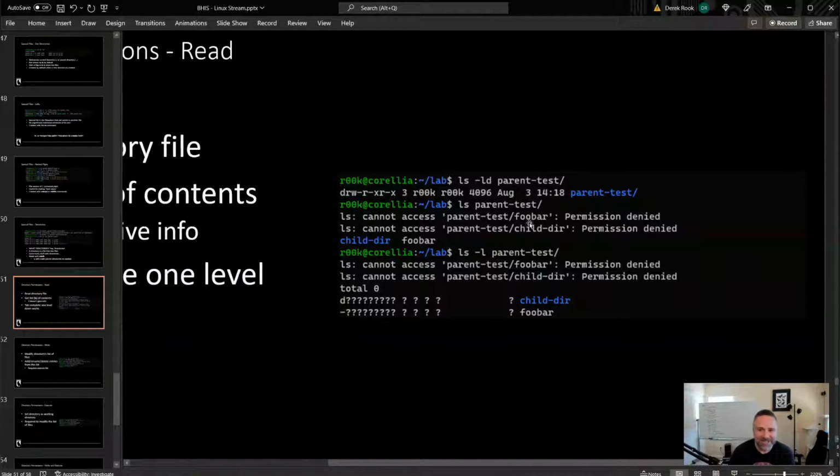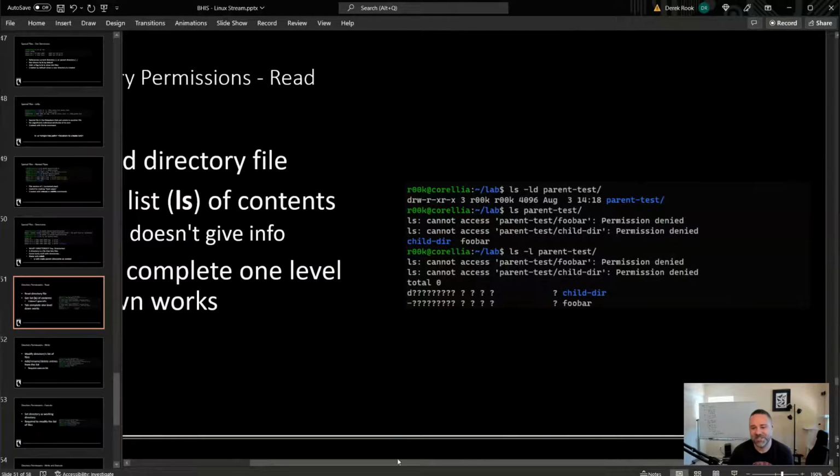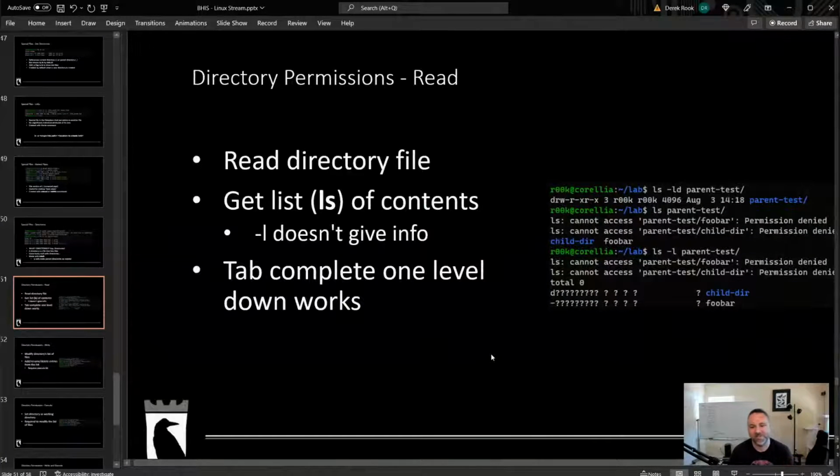And when we run an ls, we can see that these files exist, but we can't get any information. We can't get the permission information, who owns it. We can't get anything more than that. All read does for a directory is allow us to see the contents of the directory file itself, meaning just show us what files are in there.